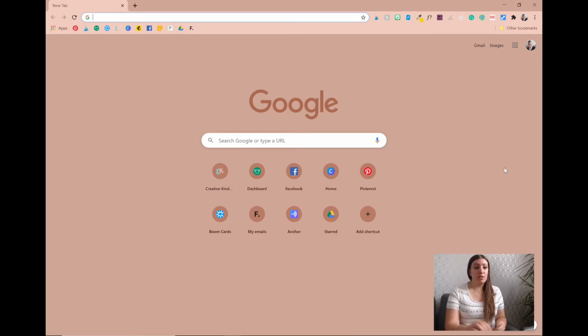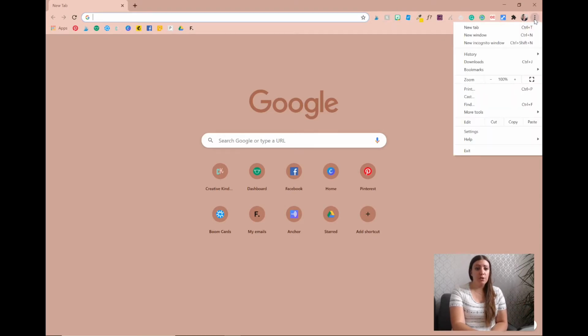The first one is, you can see that my screen here has Google open, but it's actually got a nice pink background. If I'm going to be working on my computer and using my online time to work and do things like that, I want to make sure I like what I'm using. So I changed the theme of my background here. So you can see that there's a pink background, but also the top here changes color. So in order to do that, I would just go to my settings,